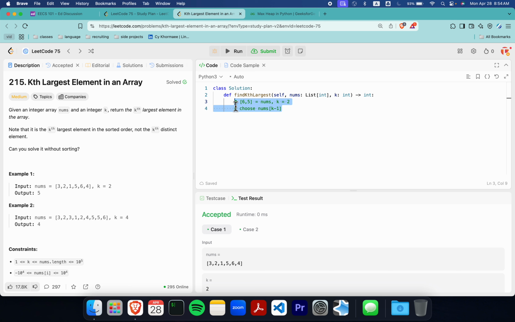Okay, I think that should be okay. So we're gonna create our heap, and we're going to iterate through nums. And we're gonna push n into the heap h, if the length of the heap